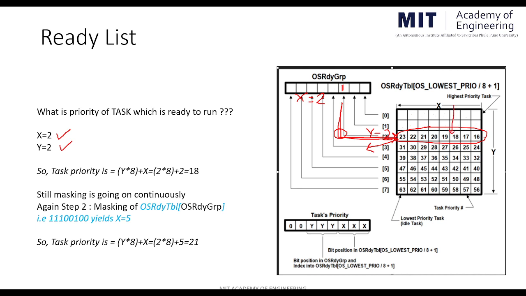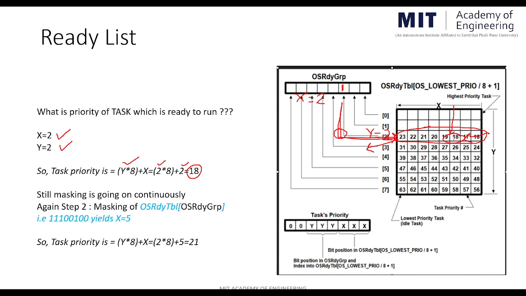second row and this is the second column. So we can take this is the value 18. So these values are mathematically calculated by the scheduler by putting the values in this formula y into 8 plus x. So here the value of y is 2 and the value of x is 2. So the scheduler calculates the value as 18 and it can understand the 18th priority task is ready to run. Again I am reminding that this table is not having these values 16, 17, 18 here.